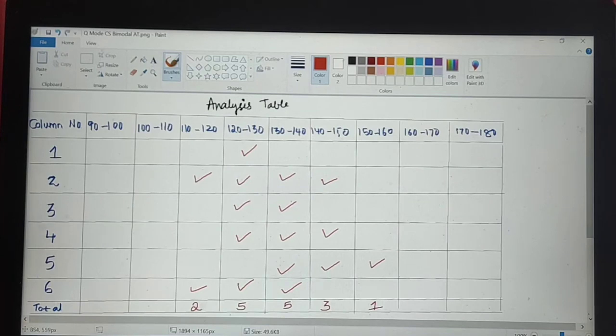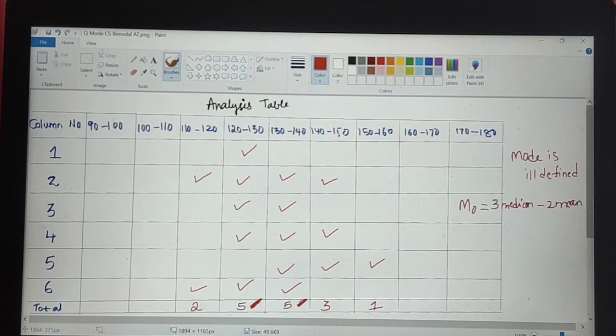If you notice here, I have two highest values, a 15 and also another 15. Whenever two highest values occur, the mode is said to be ill-defined. So we cannot use our delta formula here. Instead, we are going to use mode equal to 3 median minus 2 mean, that is, 3 into median minus 2 mean.